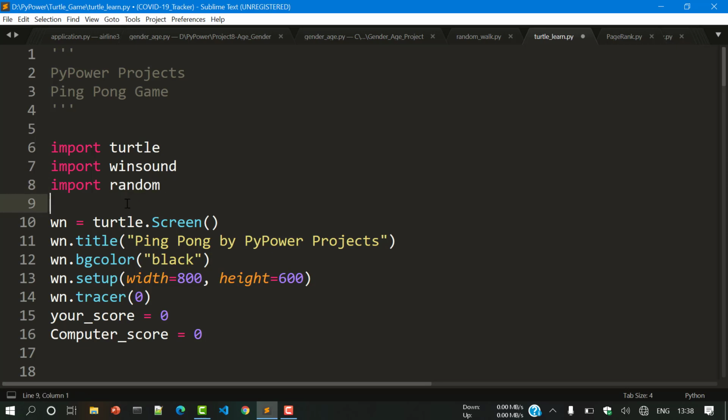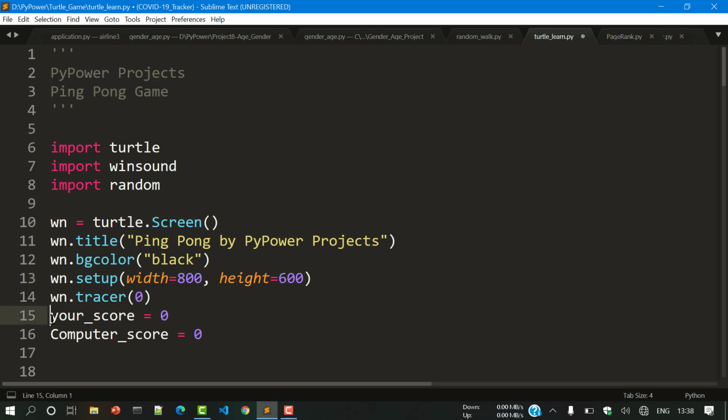So in Turtle, when you are doing a project or making a game, firstly you have to configure some of the things. First you have to configure the screen. So we are declaring the Turtle screen as wn. We have assigned the title of the screen, background color, and setup. The values in this setup will be responsible for the frame height and width, that is, the window we are preparing. It will be made based on these parameters.